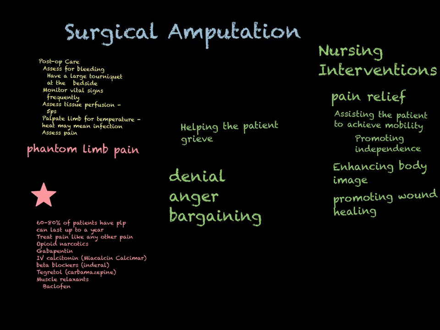The next phase in the grieving process is depression or sadness. And this is probably where you'll meet this person. Probably by the point they've signed the consent form, they've done their pre-op testing, their reality has set in, they're done being angry, they might not be done being angry, but let's just say that this is sort of the phase that they're in. And they might be fairly sad, especially the first time they look at that limb. It can be such a shock to them, and such a blow to their self-image, that this is now an irreversible loss. This is something that is going to impact them for the rest of their lives.